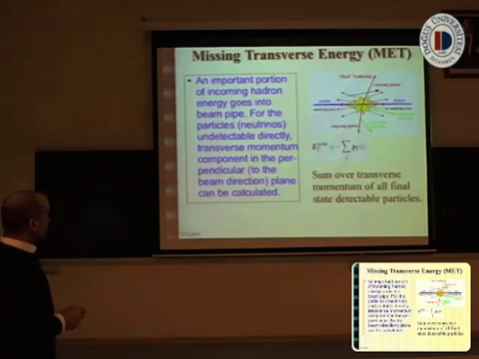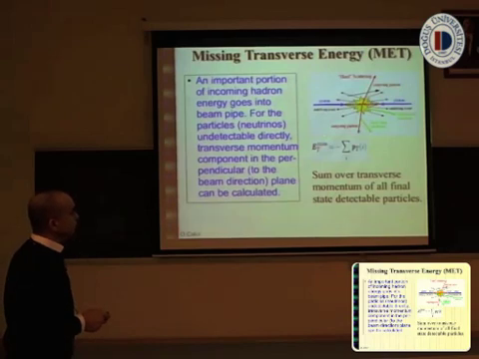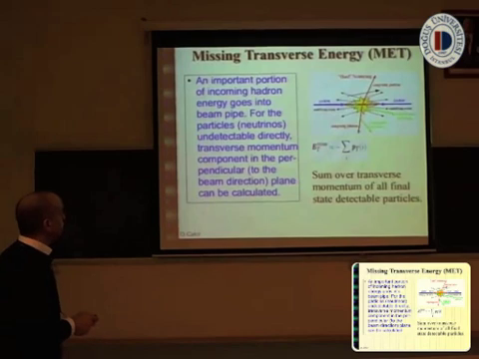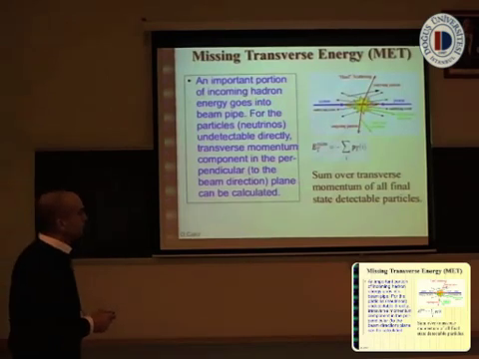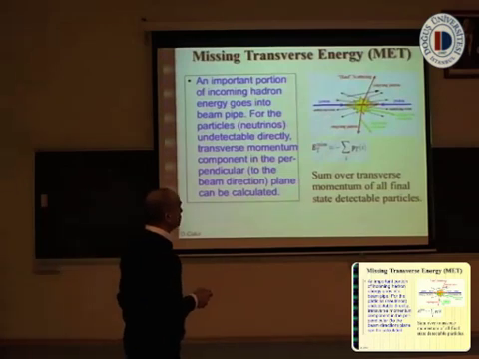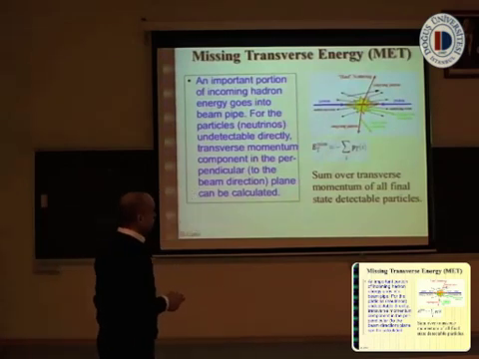So an important portion of the incoming hadron energy goes into the beam pipe in this direction. So particles which are not detectable by detectors will carry transverse energy, transverse momentum, and we can measure this one. In this formula,